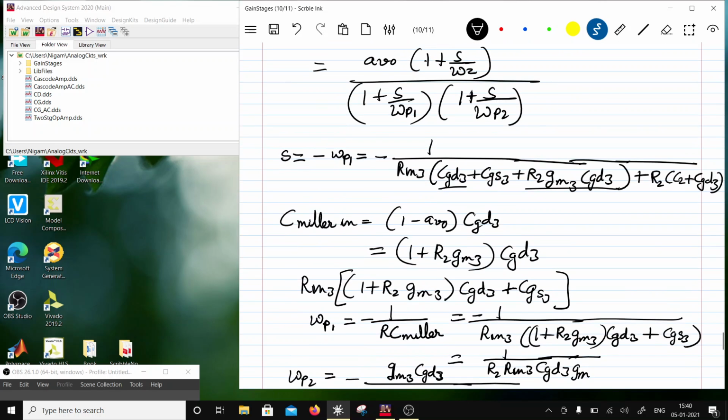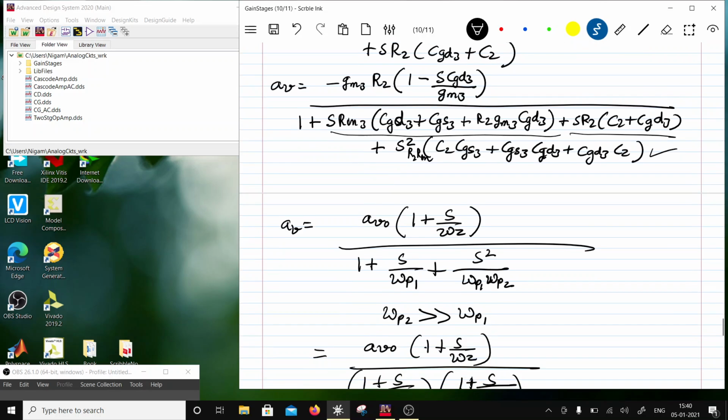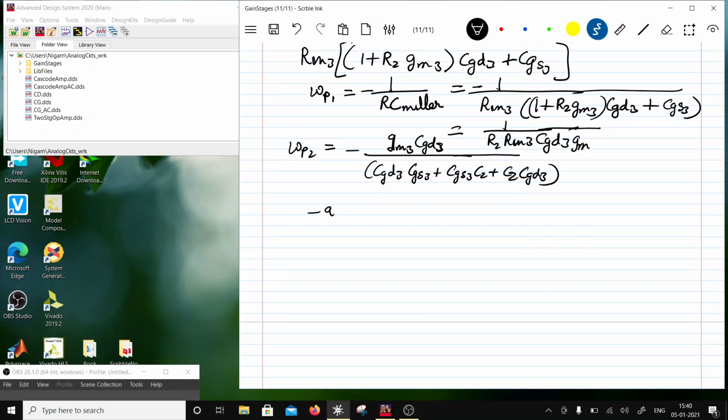But this S has another term here. If you see, S has got two terms here. So this is basically the RC time constant of the output node. This will give the RC time constant of the input node. So this is the output node. So let's see Miller out. C Miller out is equal to minus AV by 1 minus AV0, correct? So times of CGD3, right? So this will be equal to